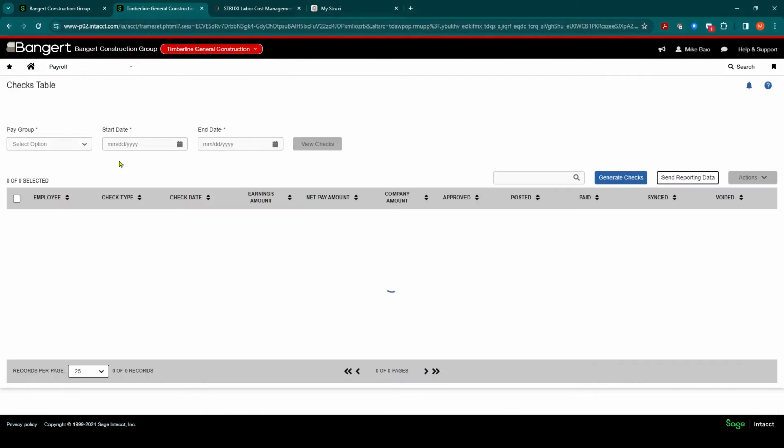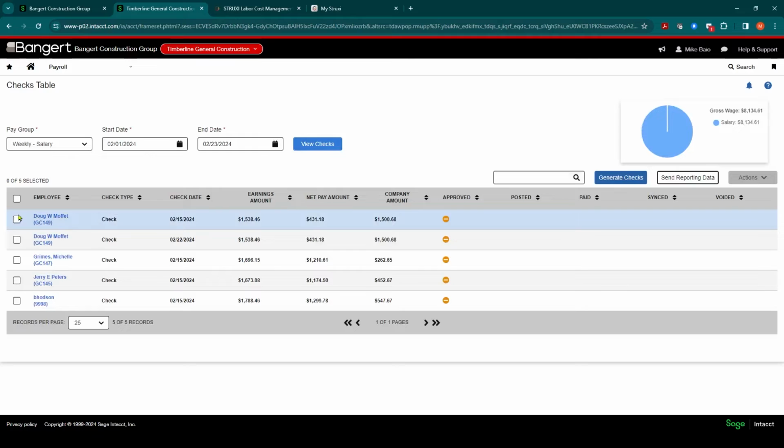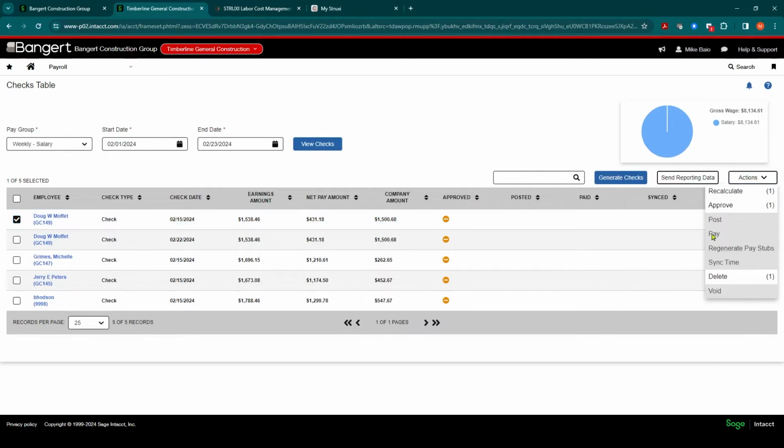In the past, when you're processing payroll, and let's go to salary here, see if I can find some checks, and you just hit the option where you can generate the pay stubs or generate the checks, and something happened, the file got deleted. You need to regenerate those stubs. In the past, we had to contact support to do that. Now, you're going to have a new button right here. There's going to be a new button on your right-hand side under Actions called Regenerate the Pay Stubs.